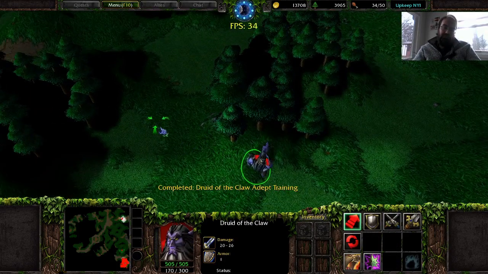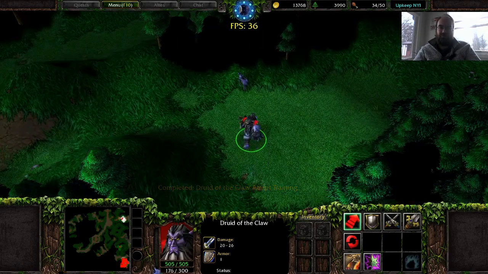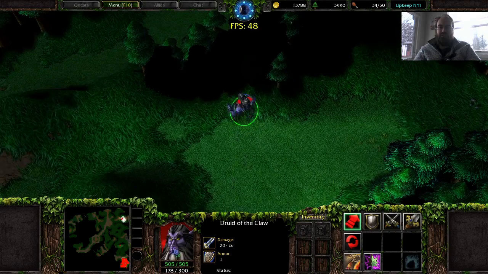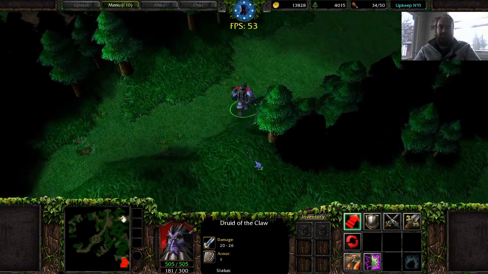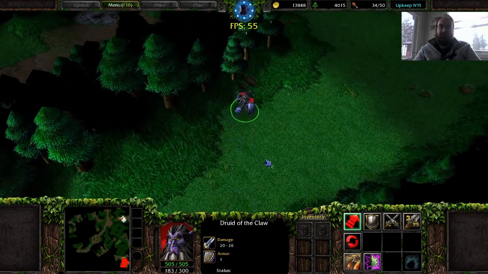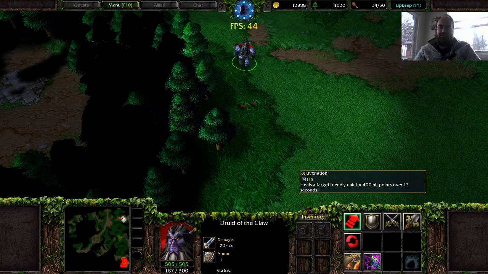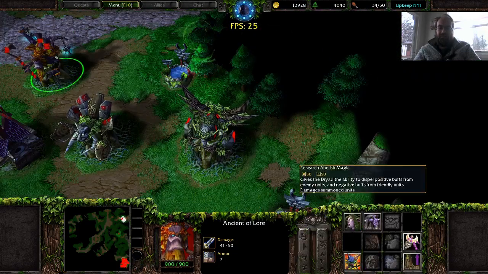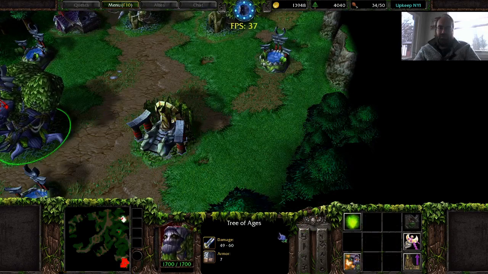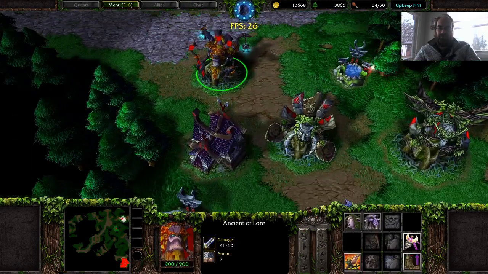I still need to fix my pathfinding. You can see his path is clear, he says, but it's really not, because the pathfinding search across the map ran him into a tree, and is still running him into a tree. Hey, there we go. Look at that. He figured it out. So I need to work on the pathfinding so it's a little bit smarter. But you can see after I did the upgrade, now he has Rejuvenation, so that's cool. And if I do the other upgrade, which requires Tree of Eternity, he'll be able to turn into a bear, which I think is also cool.